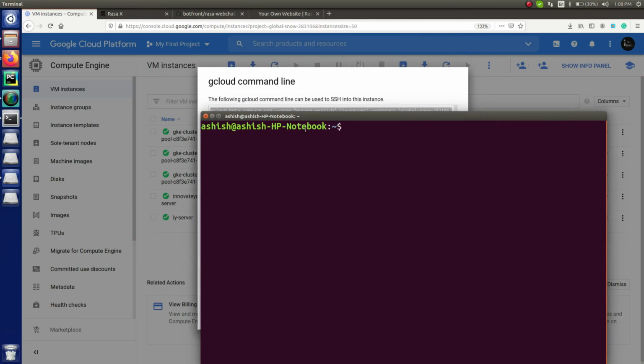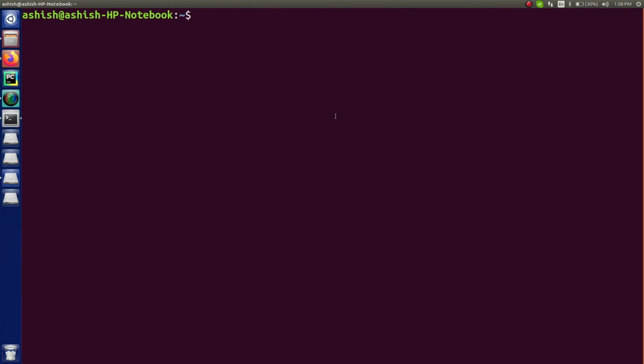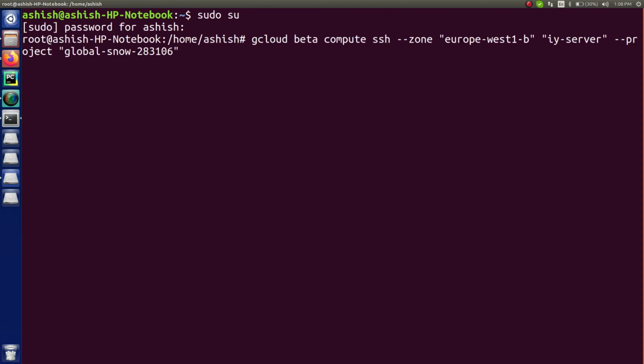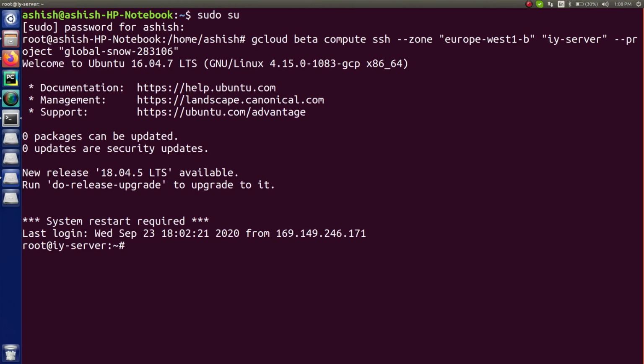Alright, so can you see like this is a terminal, right? So let me just run as a root user. Now paste it, press enter. Alright, so now we are connected to the server. So we are inside the server, right?